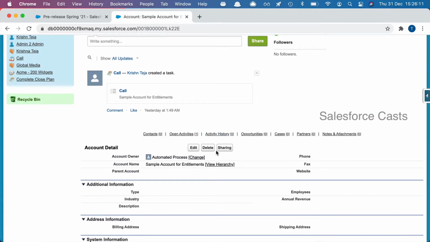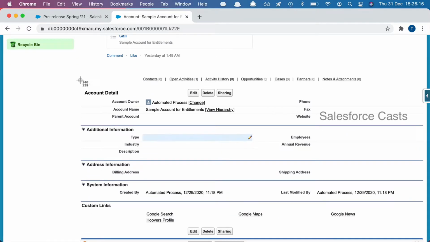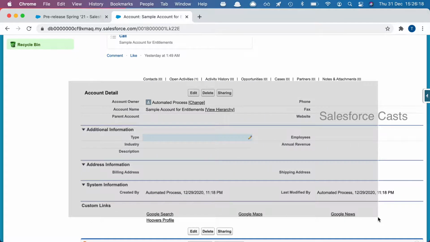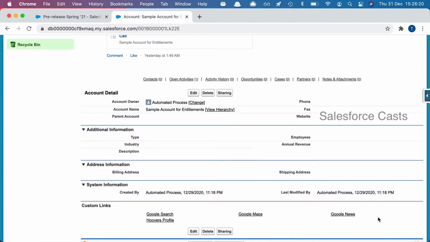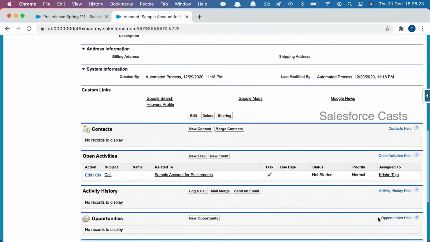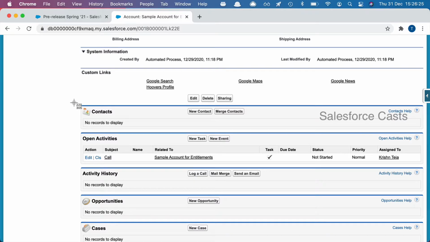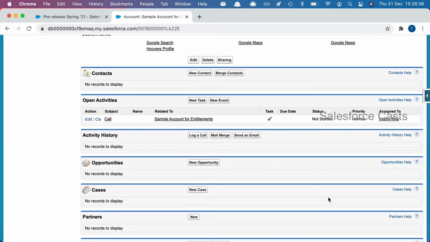All we need to do is scroll and scroll and scroll. What we get to see is account based information. All the fields associated with the account are shown to us. And when I scroll further down, I'll find all the related lists associated with this particular account. So I don't have to click on a tab called related or something of that sort. All I need to do is scroll down and I'll get access to the related lists. Likewise, if I want to work with activity information, I'll have two related lists here. I can work with them. I don't have to work with any of the right side panels, and so on.